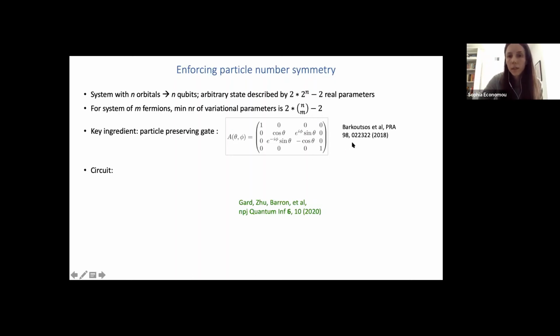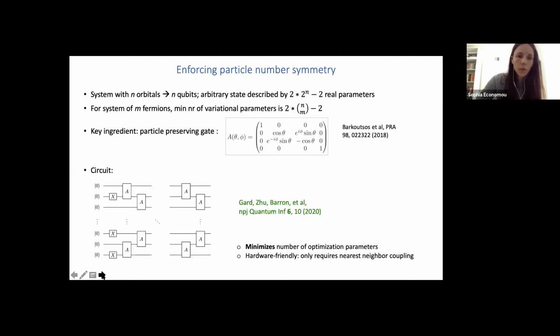And here a key ingredient is this gate that was introduced by the IBM Europe group, Zurich group, where if you look here, this basis is 00, 01, 10, 11. You don't mix the 11 with anything else or the 00 with anything else, but this mixes the 01 and the 10. So if you use a circuit that looks like this, we have proven where you have this A gate. What you do is you add NOT gates here so that you create the right number of ones. And then by alternating in this brick-layer fashion, these A